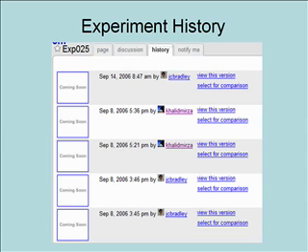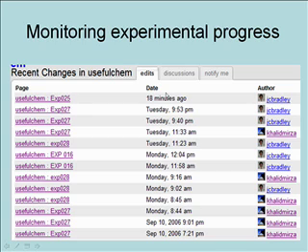You can see error correction. All of that is traceable and available online, on tap, essentially. So to actually monitor what's going on in our lab, it's really as simple as clicking on the recent changes button, and you can see, in the past few hours, exactly what got added, including my comments as I read